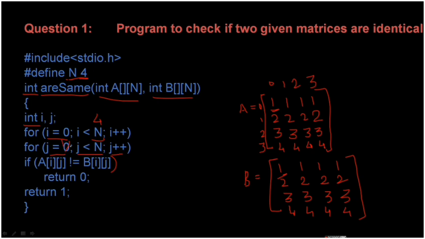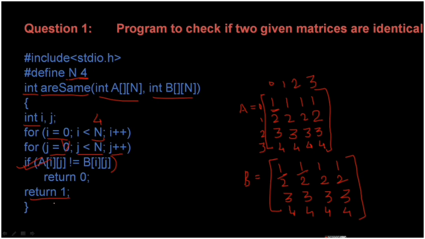So j goes from 0 to 1, then it will check 0 1 and 0 1. So 0 1 is 1, 0 1 is 1. Again the condition is not satisfied because both are equal. This condition is not satisfied, so again the value of j is incremented. In this manner it will increment both i and j values and check for all. In this case both are equal, so this condition will never be satisfied, and it will return 1.